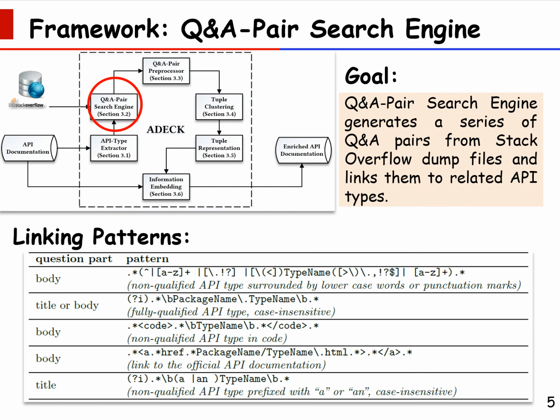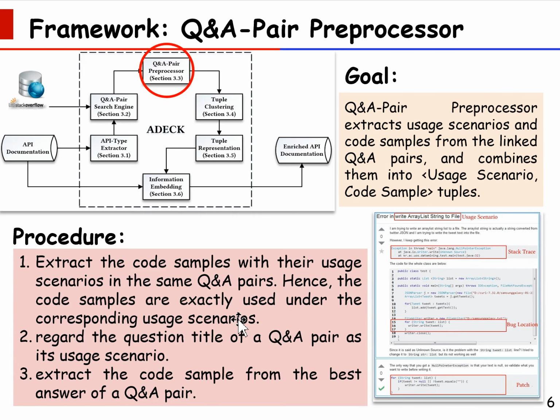The second component is the question and answer pair search engine. It generates a series of question and answer pairs from Stack Overflow and links them to related API types. We employ the traceability linking method in this figure to link question and answer pairs to relevant API types. After obtaining the linked question and answer